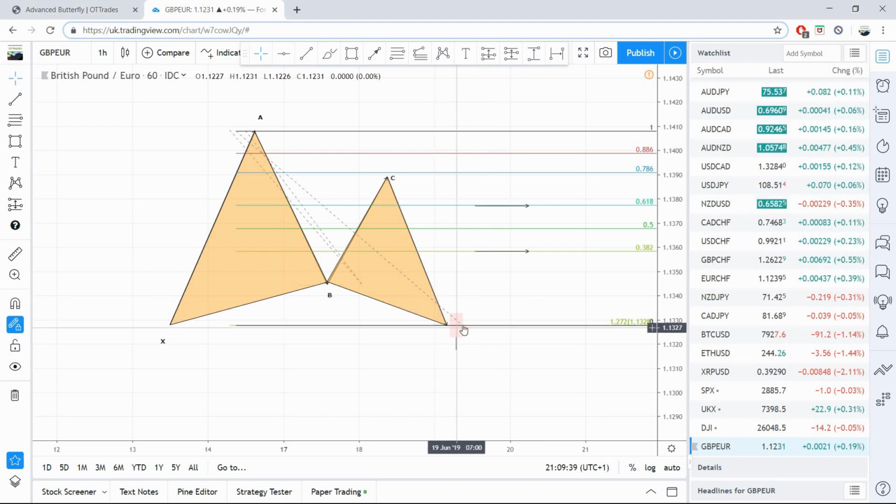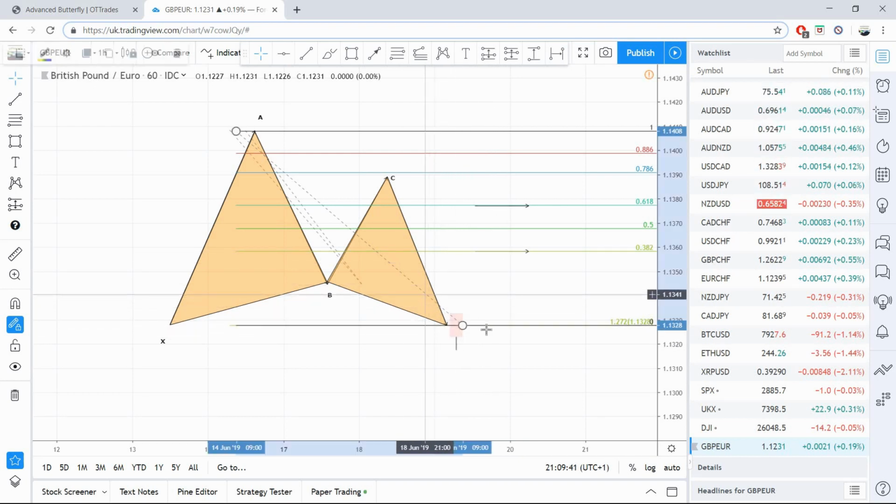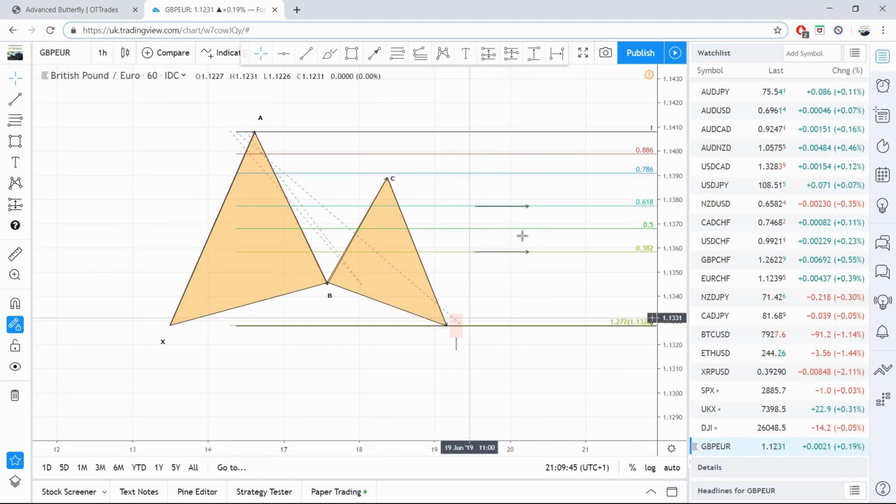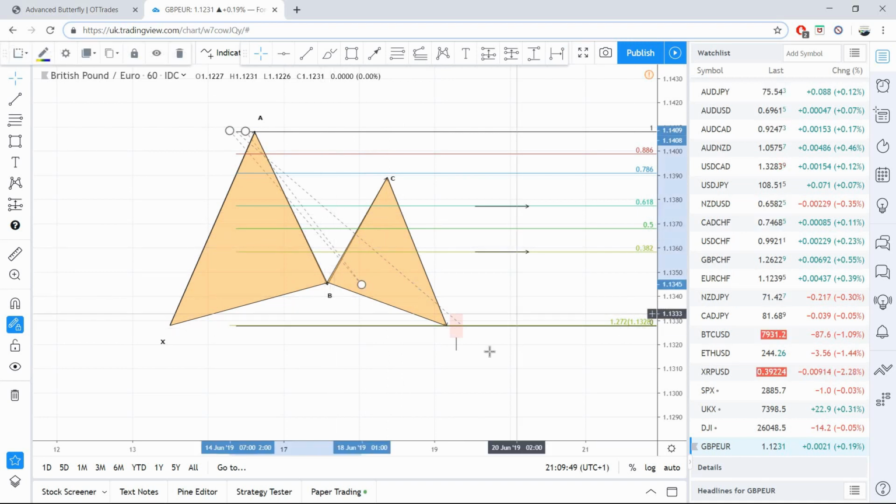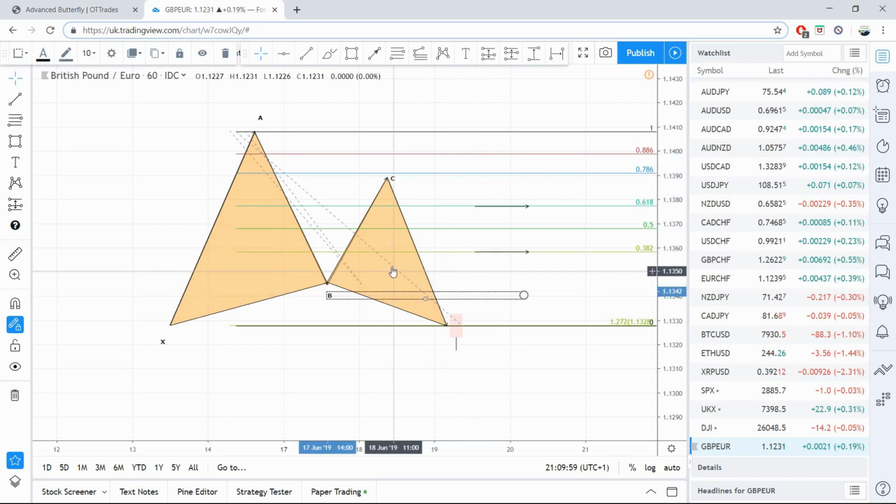We would have had that limit order set at the D point, waiting for price to move higher, but because now price has exceeded that D point, it's not yet hit our stop loss, which we'll come on to in a second,